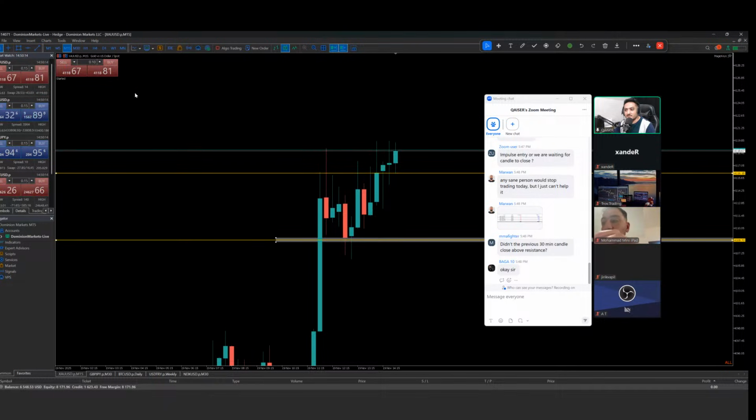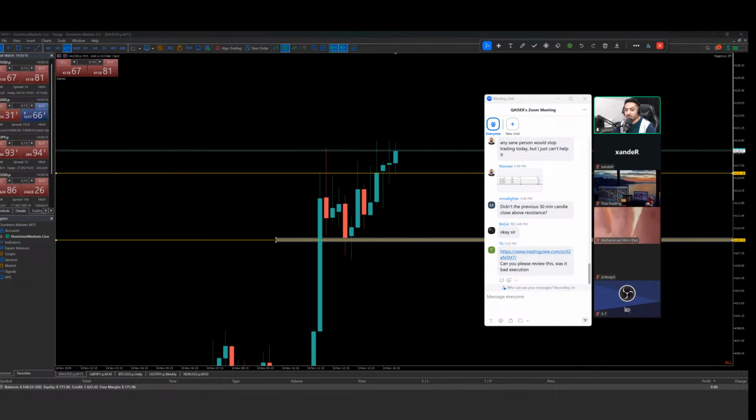Let's see. We are right now standing at a very crucial stage. If we break above this high, we will be going towards 4130, something like that. So just waiting right now. So get ready. I'm loading my bullets. I'm loading low bullets right now because it's an impulse entry.